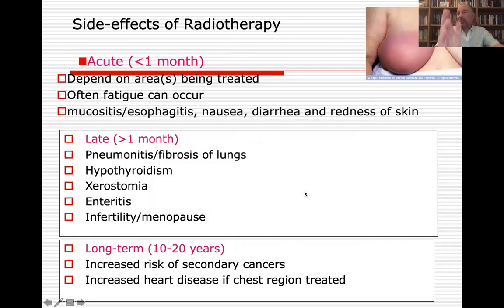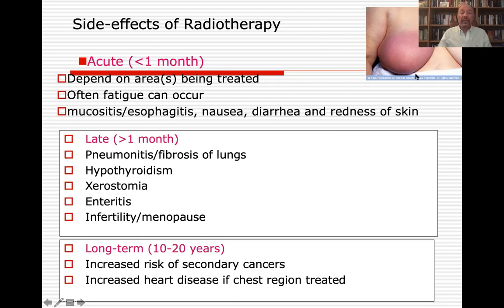But what are the normal tissue complications? We saw them already when we discussed the deterministic effects of radiation. But to give you an idea, again, we have to distinguish acute, late, and long term. Acute means fatigue, which is generally a typical systemic acute effect of radiation, but the others are very much dependent on the area. So you can have mucositis, esophagitis for head and neck tumors. You can have nausea or diarrhea for abdominal tumors. You can have redness of the skin a little bit everywhere, but especially for breast cancer, where the breast skin